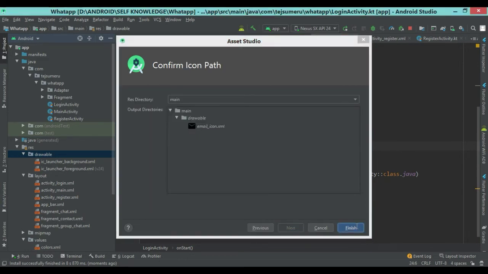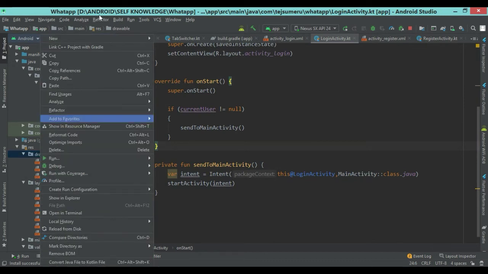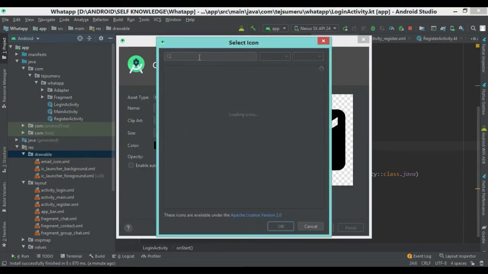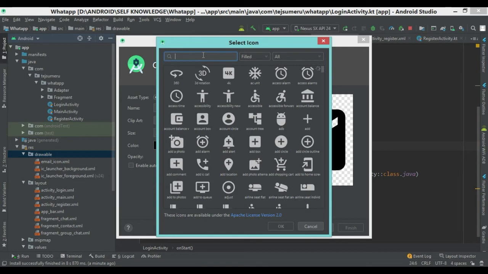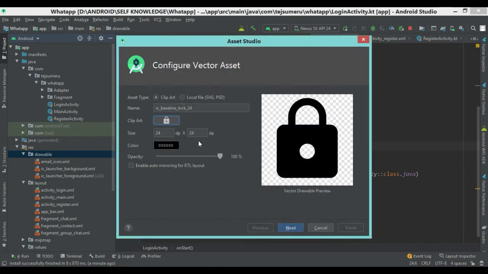Okay, again I need the password icon, so again I am creating a new icon, that is vector asset, and here you search for password. But when you search for password, the icon is not visible, so I am using the lock, and here I am choosing this lock icon and give the name as password icon.